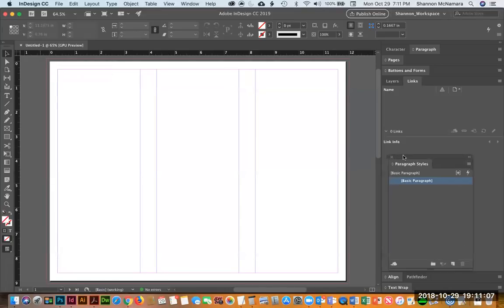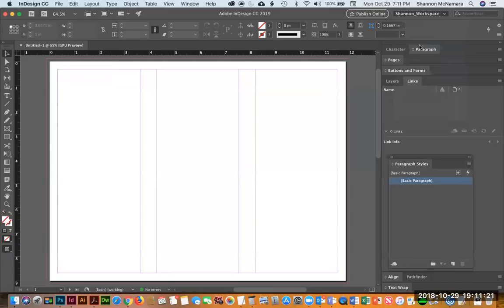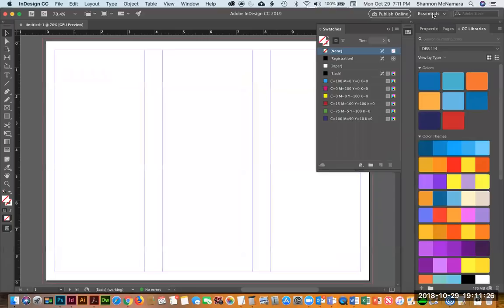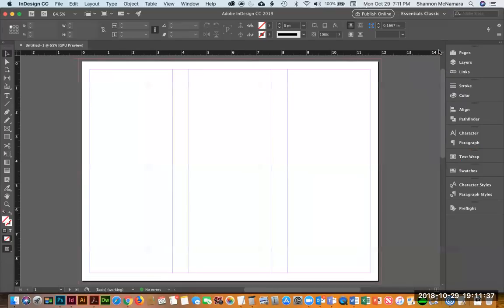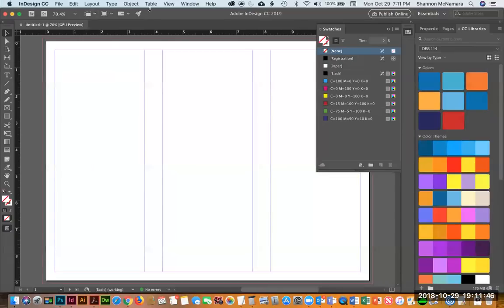Now, I have set up my own workspace in InDesign many moons ago, so my workspace might look a little bit different than your workspace. After the update, I noticed on my other computer, it sent me to Essentials, which kind of looks like this, and personally, I didn't really like it. But there is an option that says Essentials Classic, and I had actually changed it to that on my other machine, and I was like, all right, at least that looks a little bit better, because I noticed in Essentials, you lost the taskbar